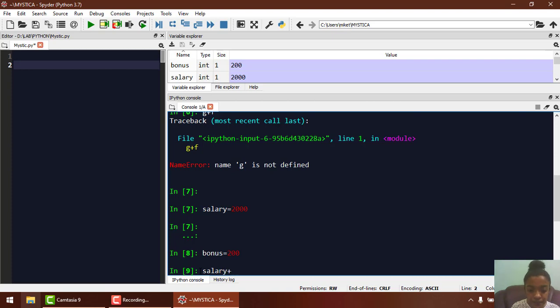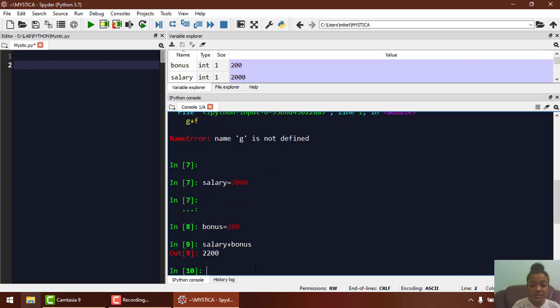Salary plus bonus. In this term salary, the value 2000 has been stored, and in this term bonus, the value 200 has been stored. Now if I press enter, it adds up both because there's an addition operator in between. So it adds up both the values for me, like 2000 plus 200 gives me 2200. That's the exact value which we needed.